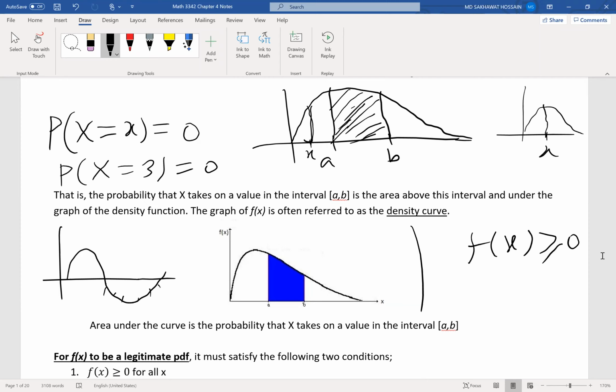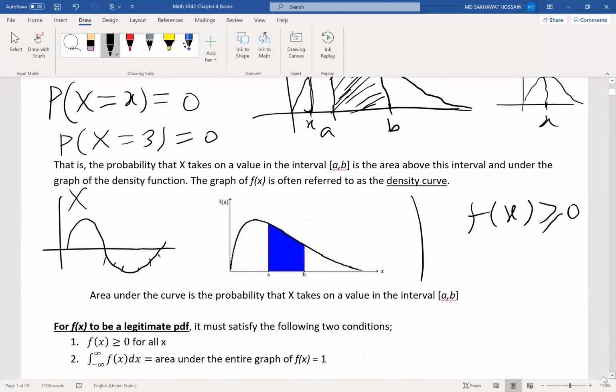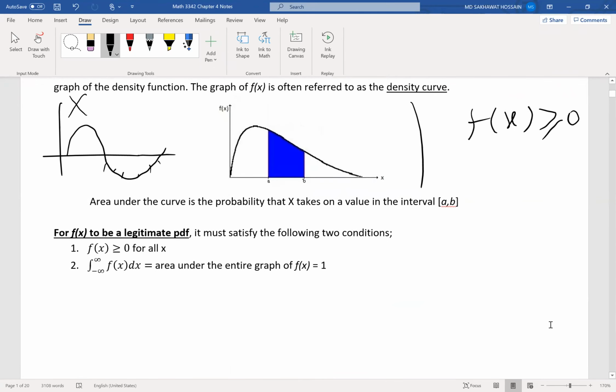So probability cannot be negative. That's why f of x will always be greater than or equal to 0. So this is not a density function. Okay, so if you are given a function and you are asked to determine whether the function is a density